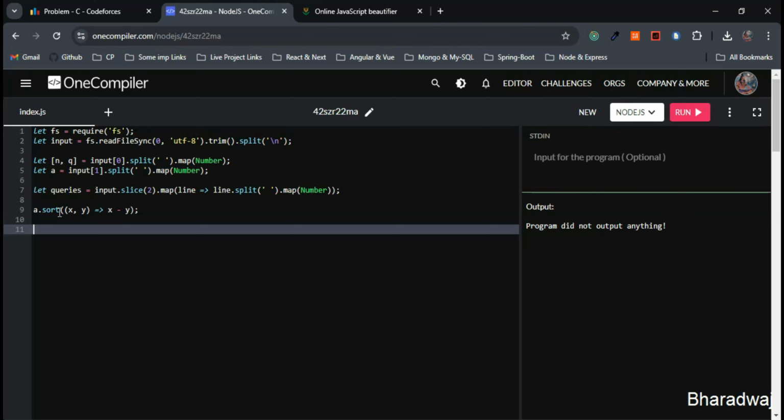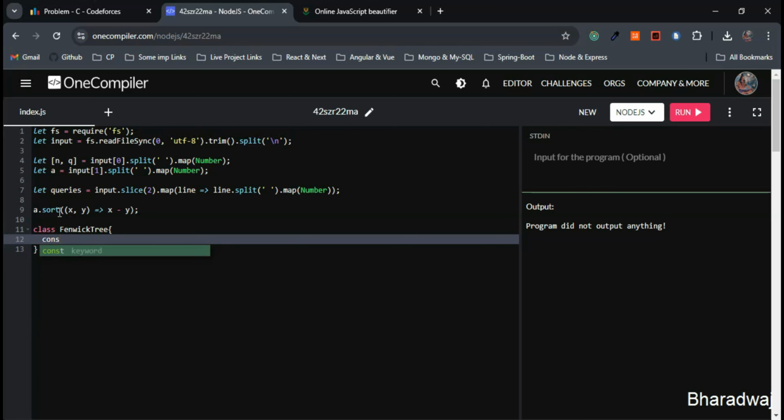After sorting the array A in the ascending order, let's define the Fenwick tree class to manage the range frequency sums. So we have to manage the range frequency sums in a better way, right? So that is the reason we'll be going with the Fenwick tree. Also, now let's define the Fenwick tree class. So let's start here. I'll just give class Fenwick tree here,